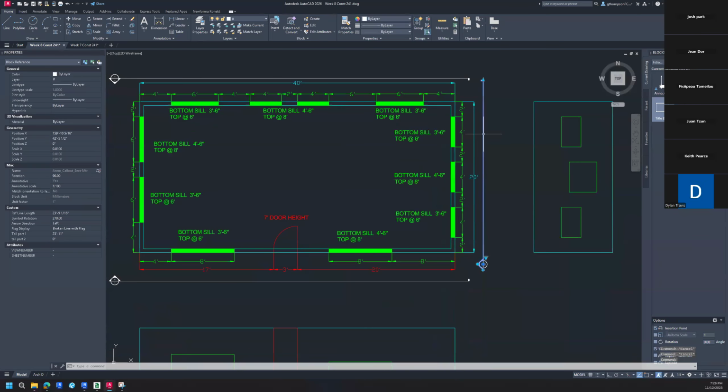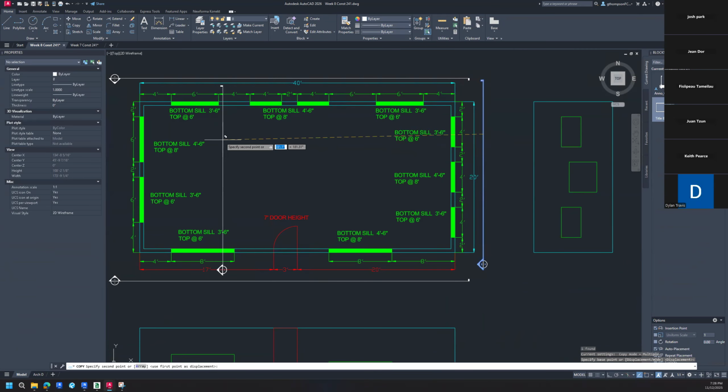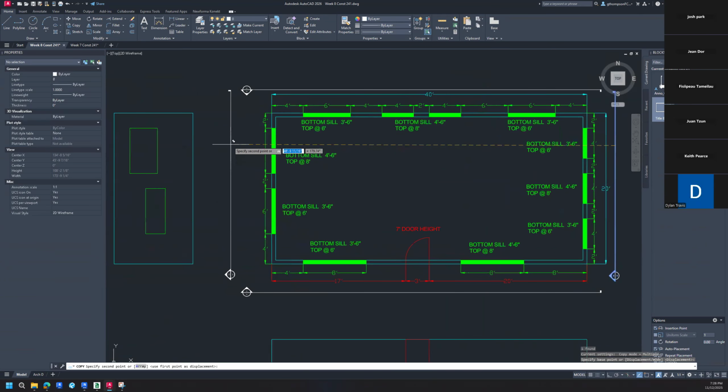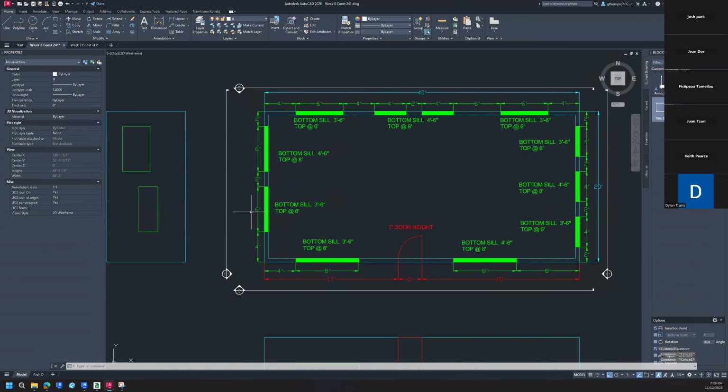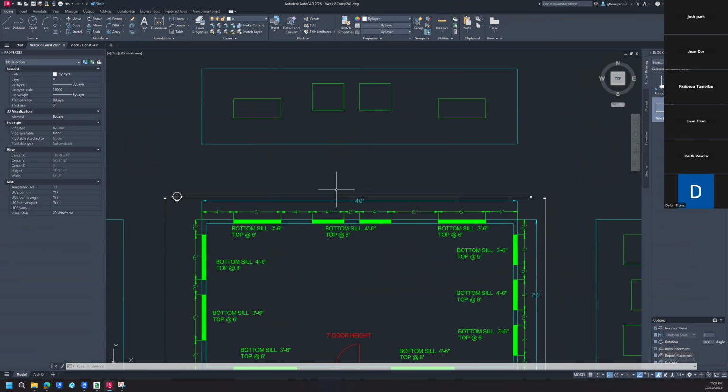Okay, so it's all going to be from the outside looking in. And it just helps you to be able to visualize where we're at. So let's go ahead and do this. And then we're going to flip this guy. Okay, so this north view, right? We're standing here looking south. So that means we've got a